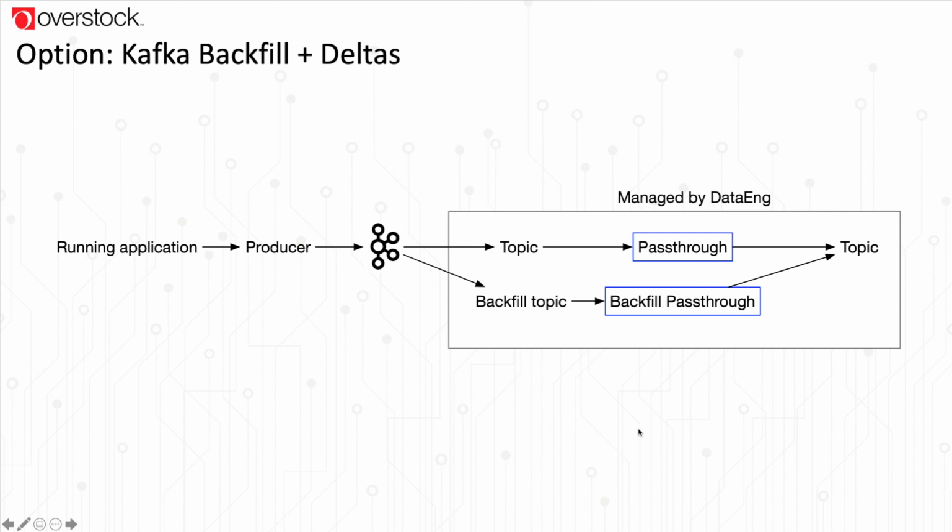Another option is to set up a backfill topic to consume from a Kafka source. One downside to this approach is that it's limited to the data that Kafka retains, so it's going to be incomplete. If you're dealing with messages that expire and you only need to process the latest messages, that can be a good option. Now this assumes that you've got retention configured on Kafka, if you're running a Kafka cluster as well,